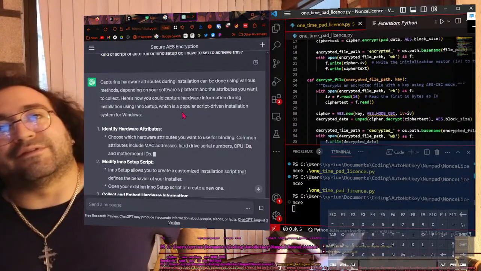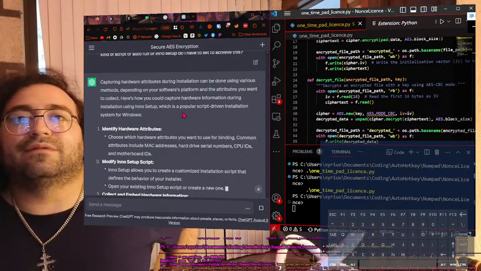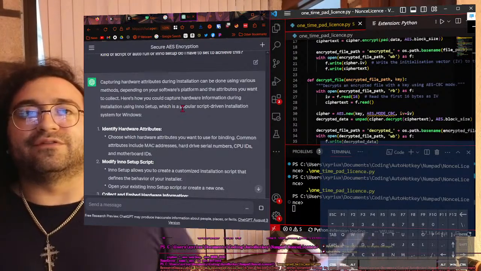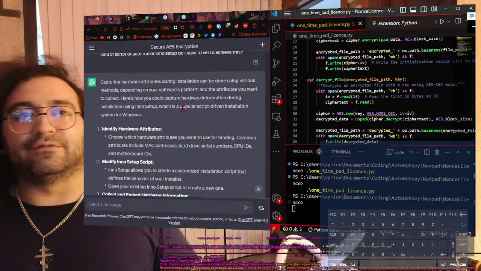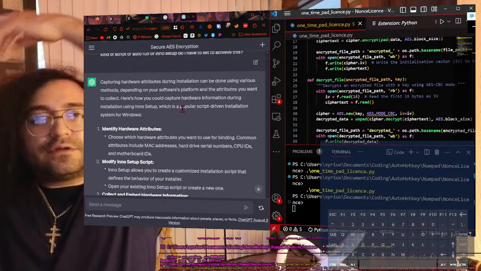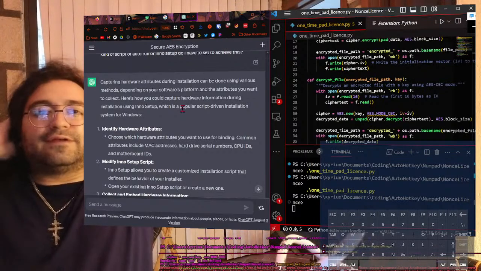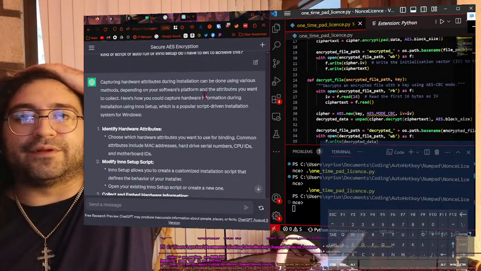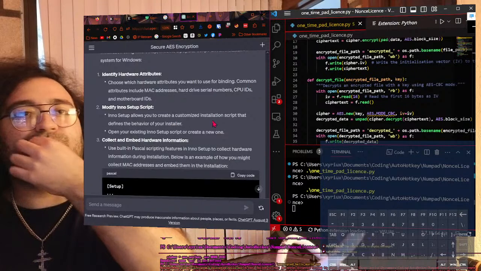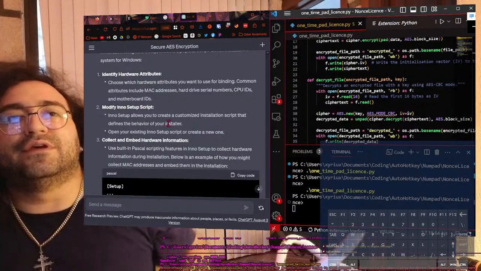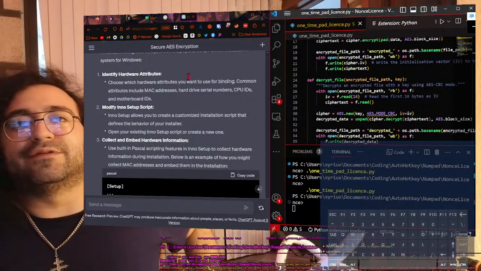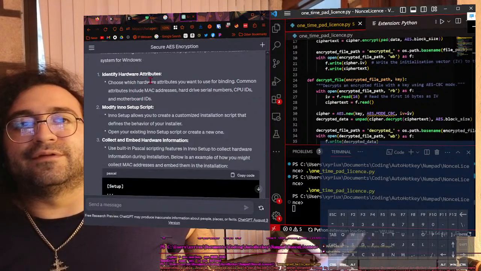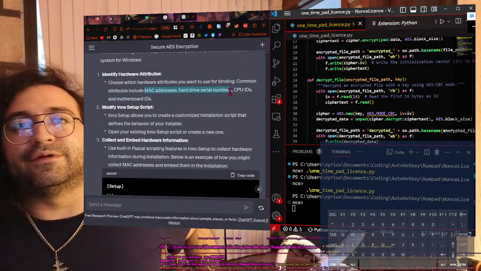Collecting hardware attributes during installation can be done using various methods depending on the software platform and the attribute you want to collect. For the installation, use Inno Setup, a popular script-driven installation system on Windows. Identify hardware attributes: choose which hardware attributes you want to use for binding. Common attributes include the MAC address, hard drive serial number,